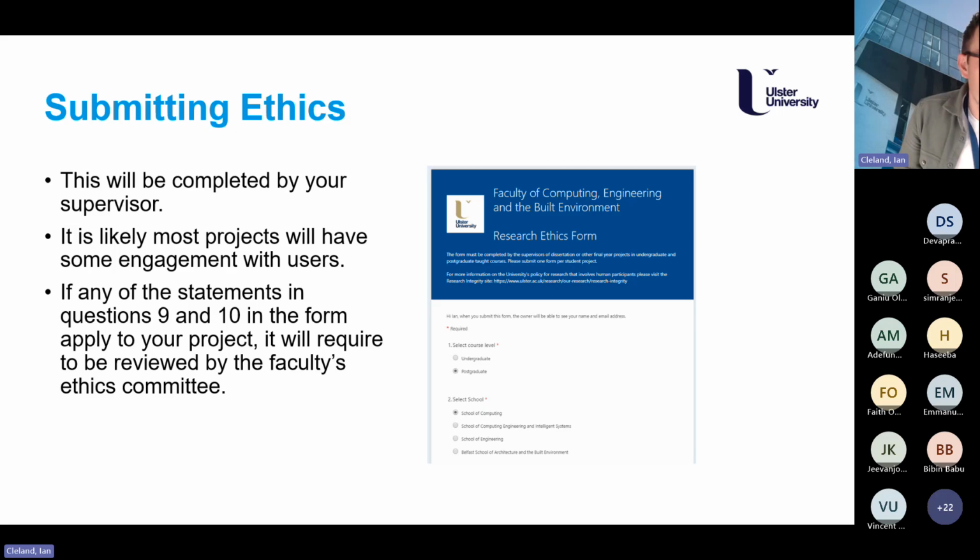And the last thing I want to say is about ethics. So once that proposal is submitted on the 9th of February, your supervisor will be tasked to submit an ethics declaration. In this declaration, they have to fill out some questions about how or if you're likely to be engaging with human participants. If you are going to engage with human participants, then it might be that you need to do an ethics application, but your supervisor will keep you right on that. So if you do think that you need some ethics for your project, please discuss with your supervisor and see if they have any ideas with regards to the ethics application.